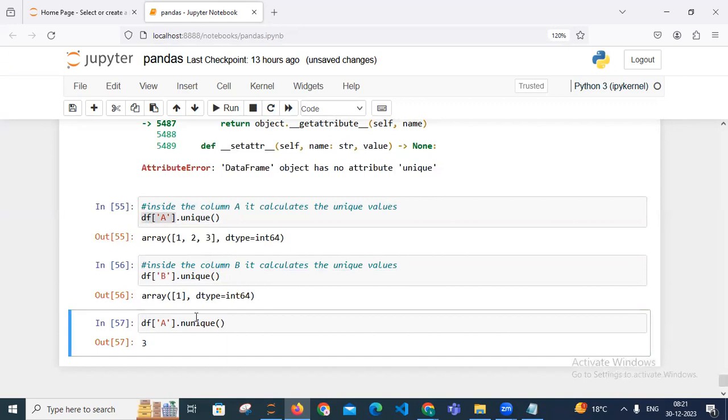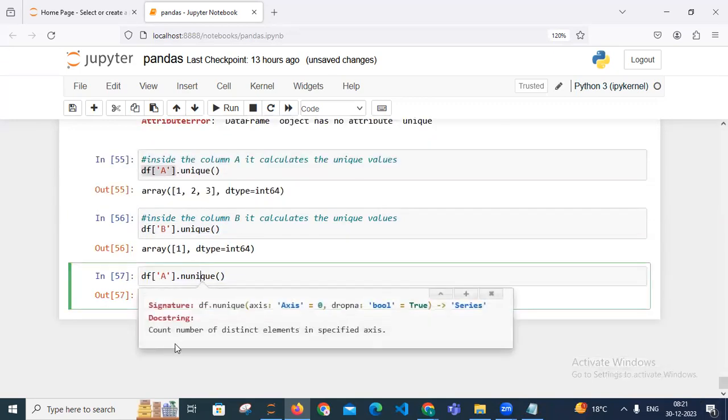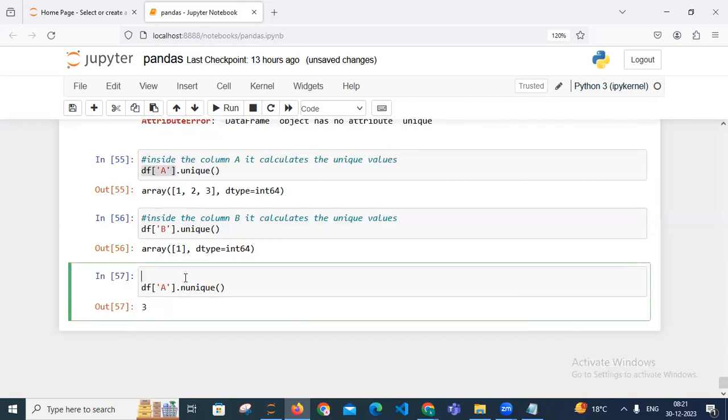So nunique tells how many unique values are present, and unique shows the values themselves, right? So that is the difference between unique and nunique. Here 3 times is present. We can see: count number of distinct elements in specified axis. So just write and mention this in the slide. Count number of distinct elements in specified axis. Okay, and unique, if you see